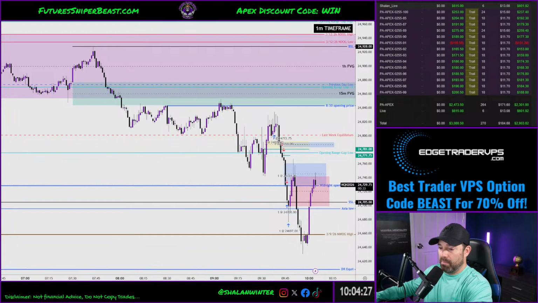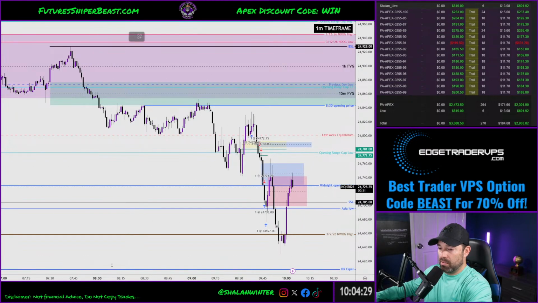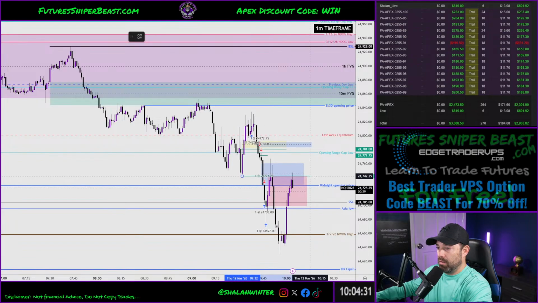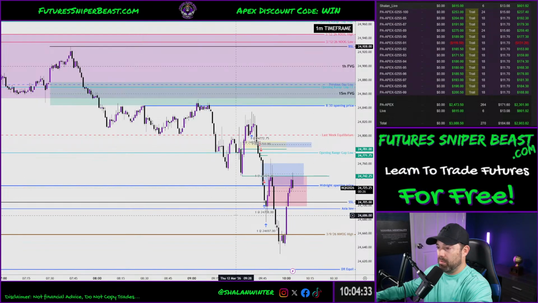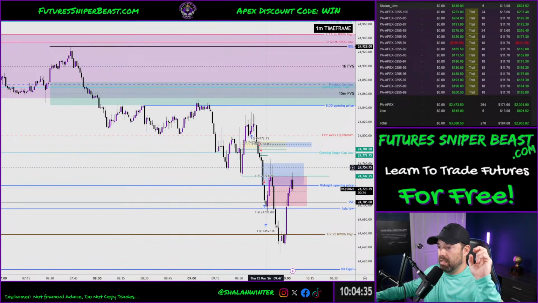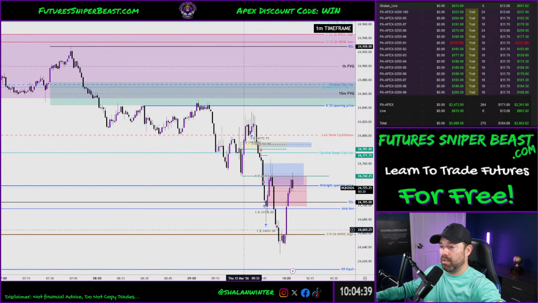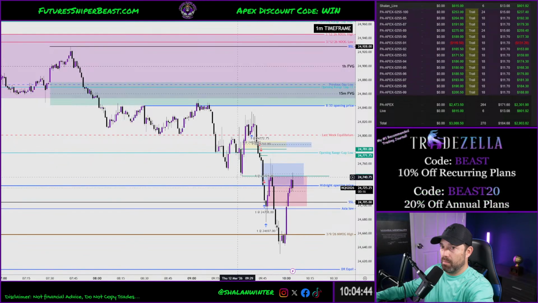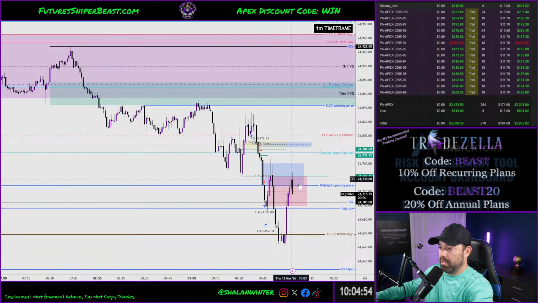So this could be a mitigation point right here as well. I'd be curious, like this low right here, see how we came back up and we retested it, and it supports acting like resistance, retail logic, right? But this could be a mitigation. Bigger swing traders or hedge funds or whatever, if they're long from this area up here and we come back to it, that's where you mitigate your trade,